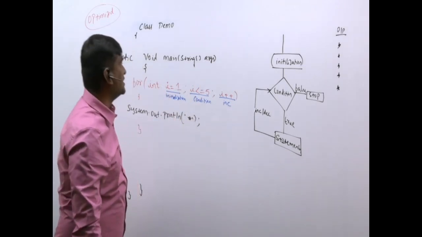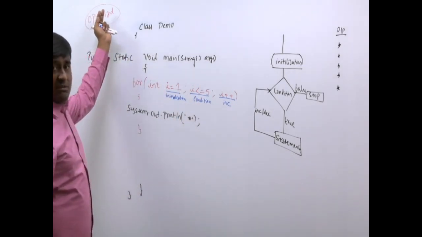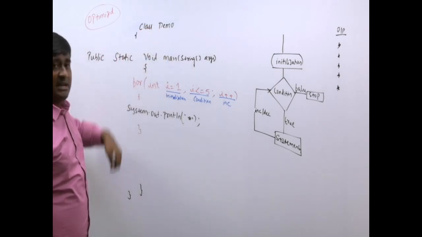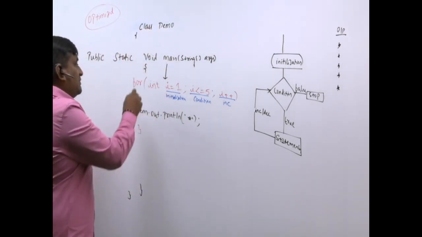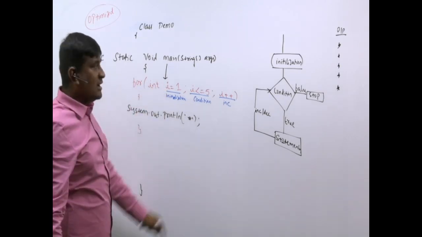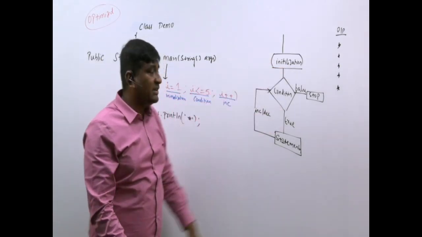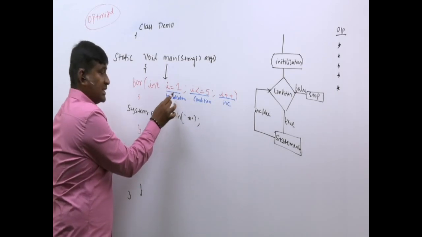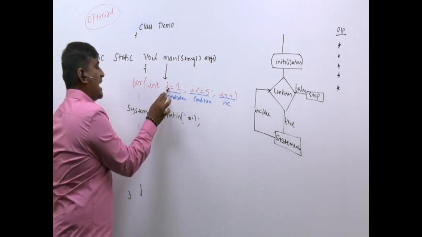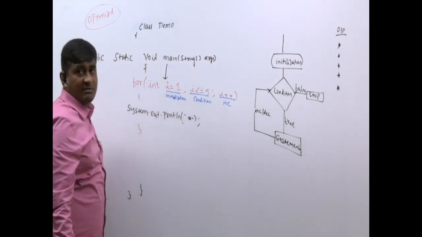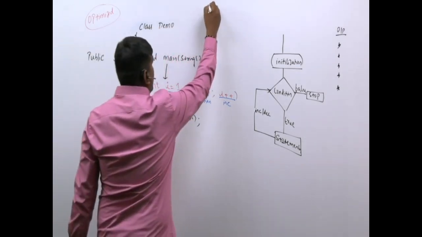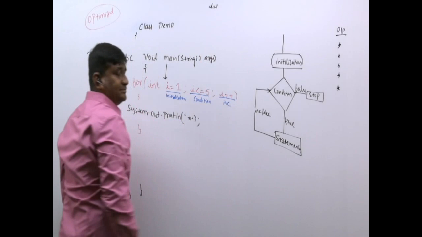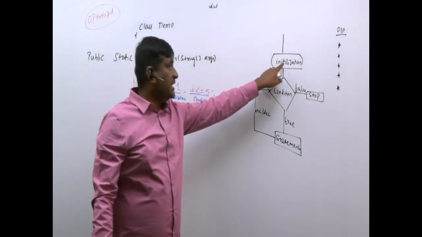Okay sir, can you trace this and show how it works? I will trace, pay attention. As normal, your OS will give the control to the main method. Now the control has come inside. Now it is the for loop. Tell me how the for loop will work. First, initialization will execute. This is initialization. I am creating one variable i, which holds integer values, and the value I am storing is 1. So initially my i value will be 1. The initialization part is executed.